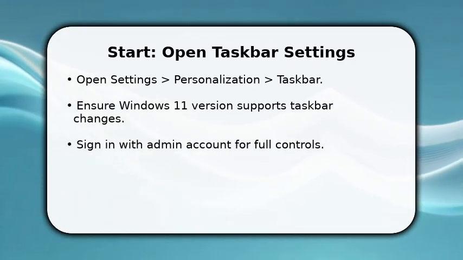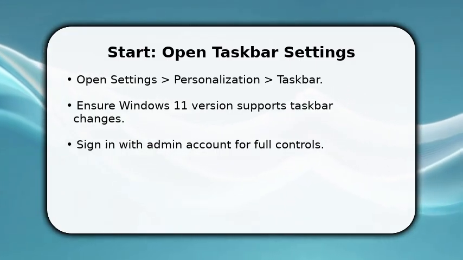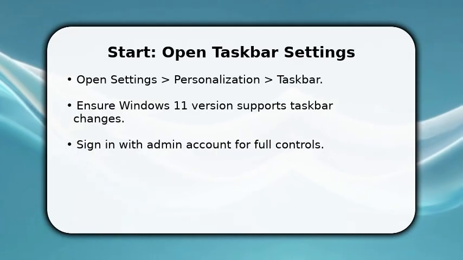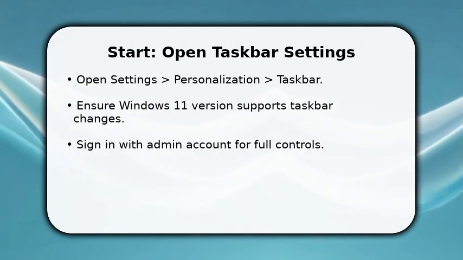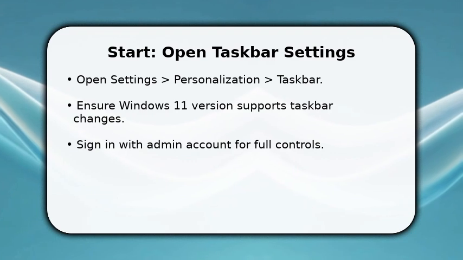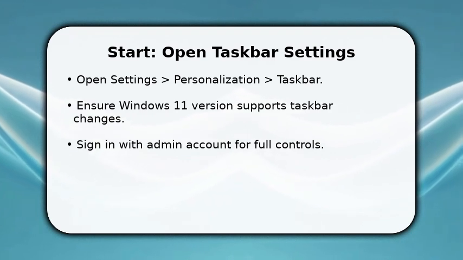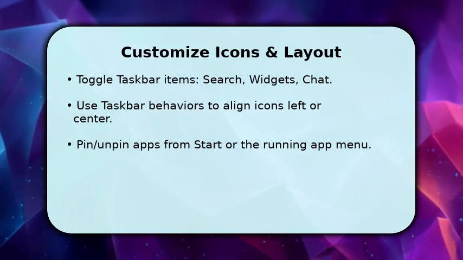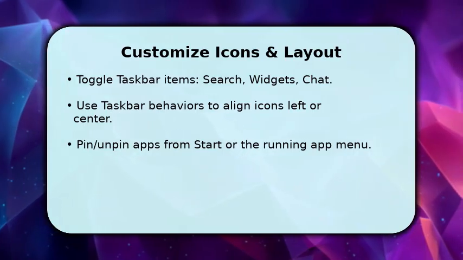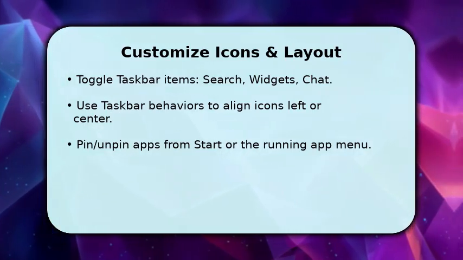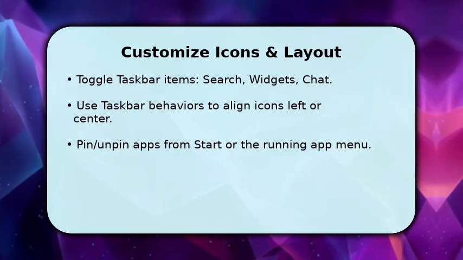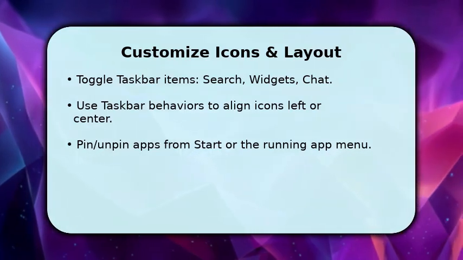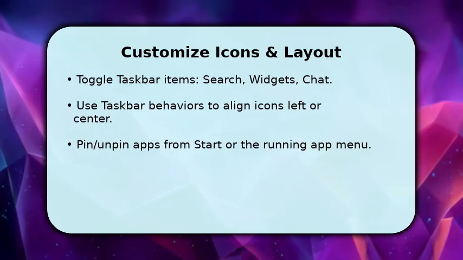Make changes deliberately. You're about to rearrange what's visible and how the taskbar reacts to clicks and hover, so keep the settings window open while you proceed. Now customize which icons appear and where they live. Toggle search, widgets, and chat off or on depending on need. Once done, open taskbar behaviors to choose left or center alignment and set icon overflow preferences so your layout stays